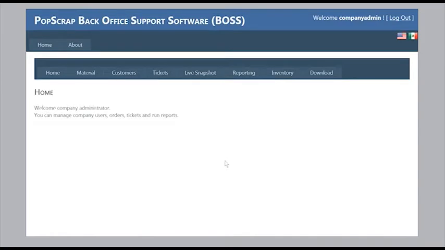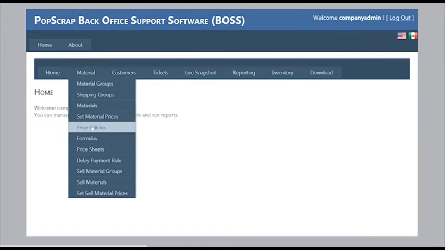Okay, over in our Boss Back Office, keep in mind that PopScrap runs from any internet connected device. You simply go to popscrap.com, click on Boss Online, enter your username and password, and you log into our secure website that gives you individual materials and prices and inventory for your location. Keep in mind this works worldwide, no servers required, keeping your cost of doing business down, and also improving your ability to see your business live on the internet 24/7.